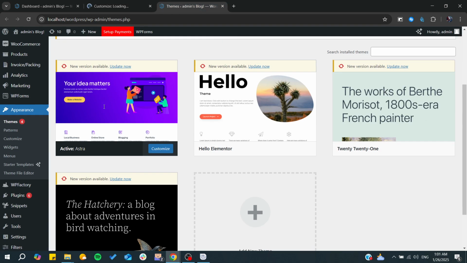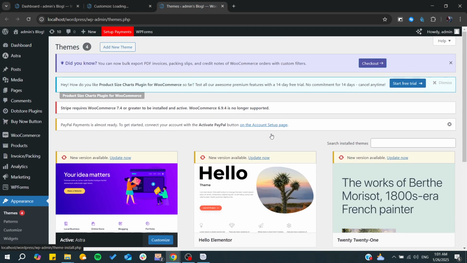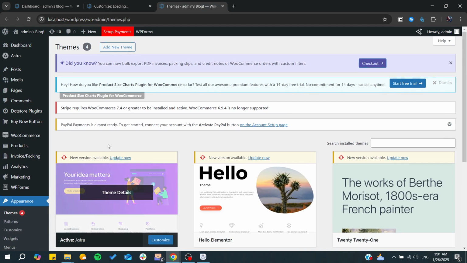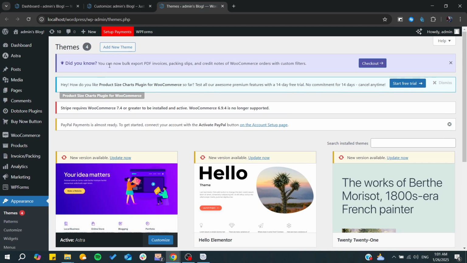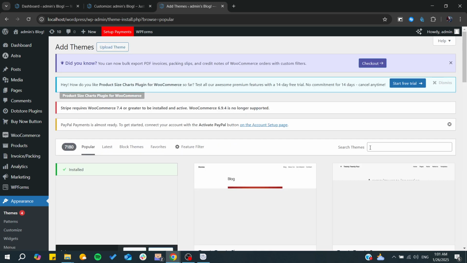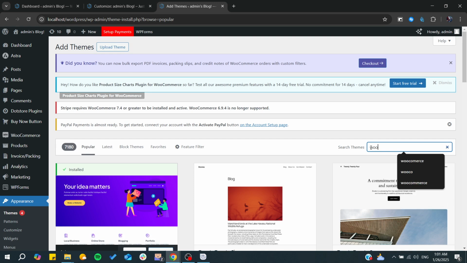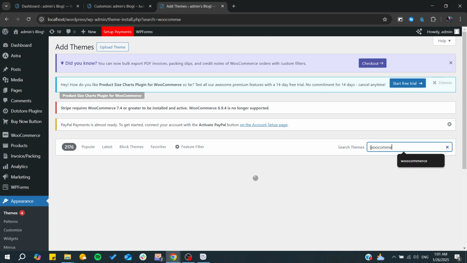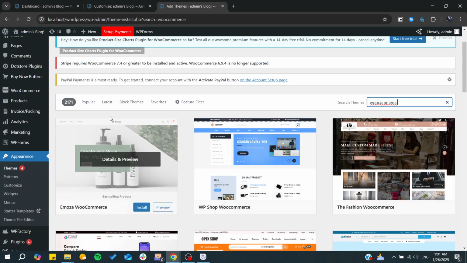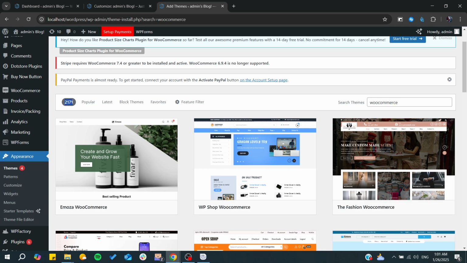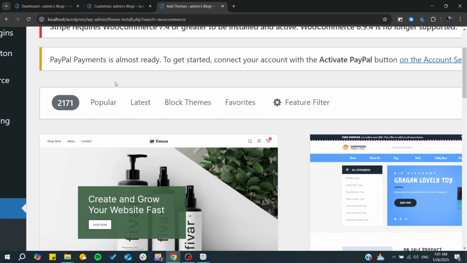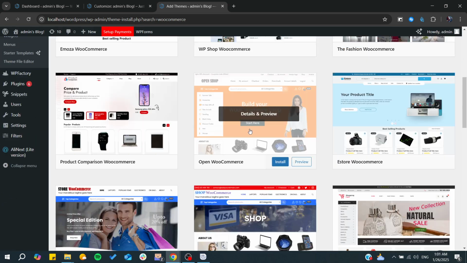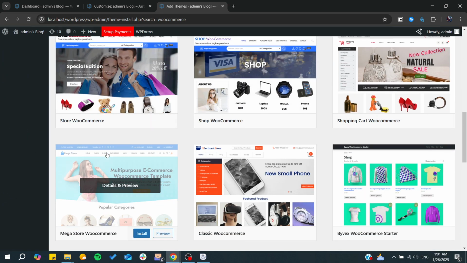And basically, the themes is to have the first layouts or the functionalities and the theme for the appearance for your store. You can also just click on add new theme and search for some stores for WooCommerce. So here I'm just going to type WooCommerce, and basically you can have themes that would apply for WooCommerce. And as you can see, there is many themes that you can use for your store,